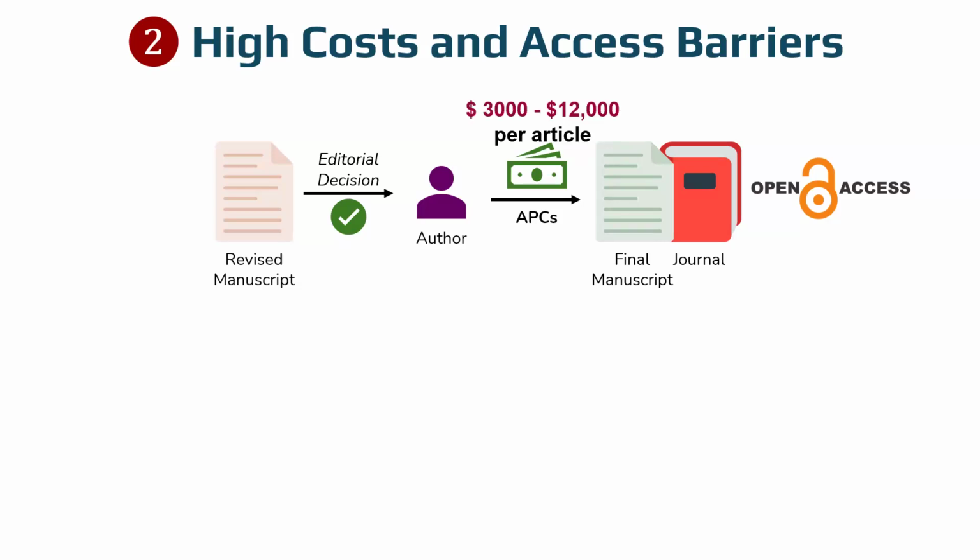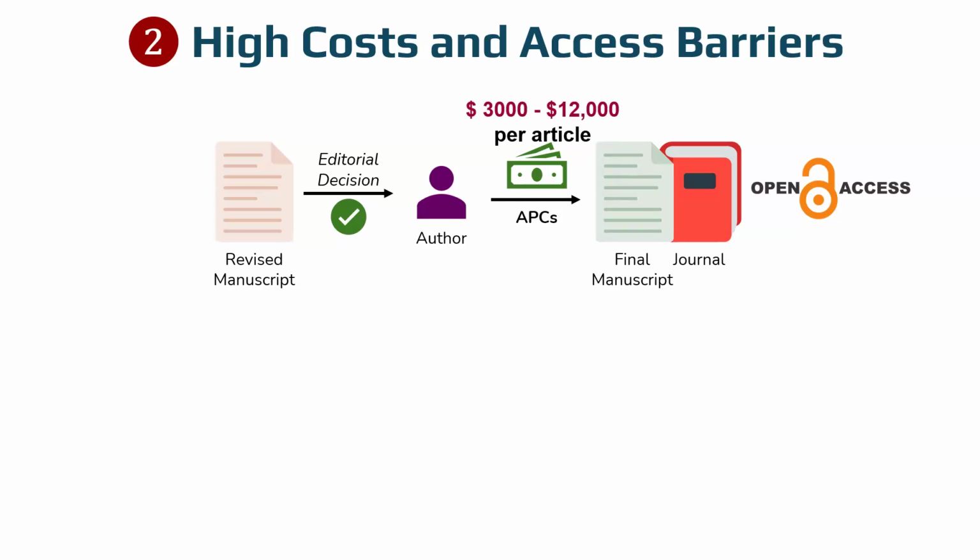And this could range between $3,000 up to $12,000 per article. So in Nature, to publish open access, you need to pay $12,000, which is just a